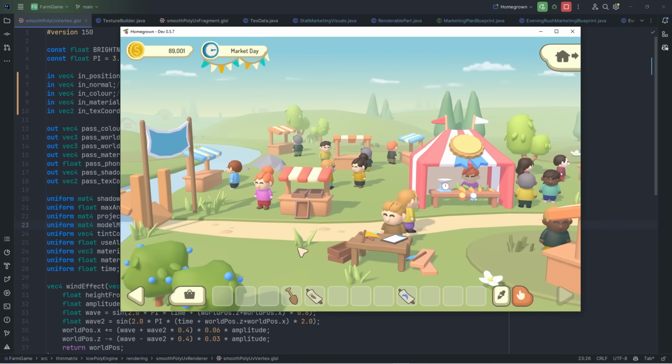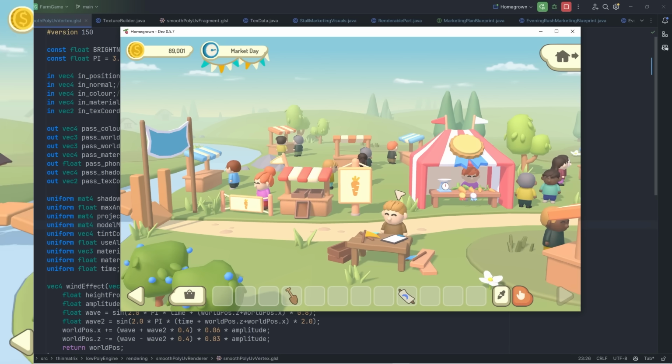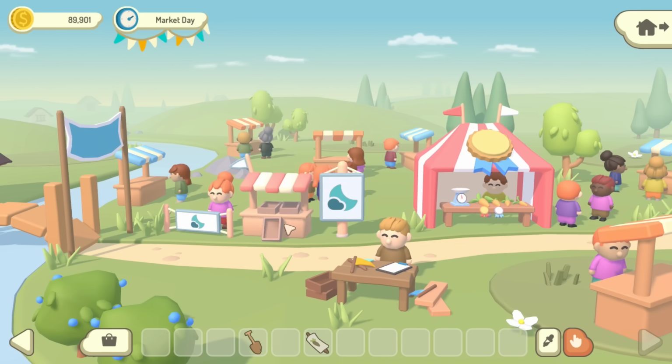I've now made it so that the icon and the color of the banners comes from the marketing that you're using. So if I apply this root veg marketing, then it shows the root veg icon using the root veg colors. But if I instead were to use the evening rush marketing, it would show that icon and those colors